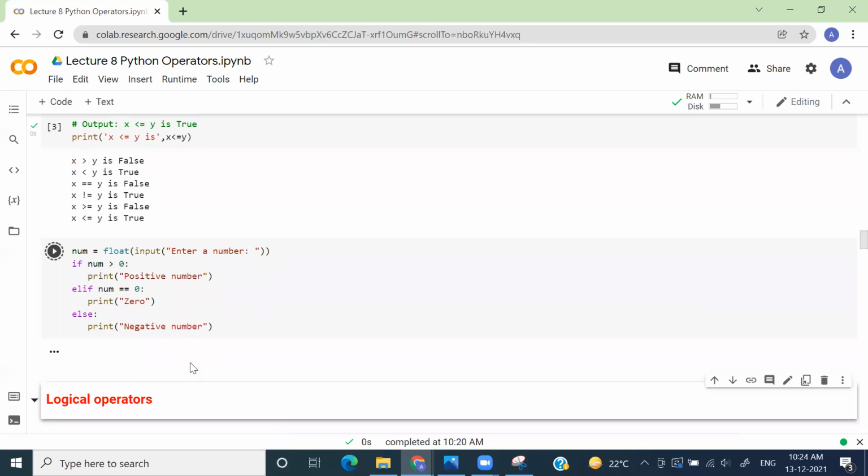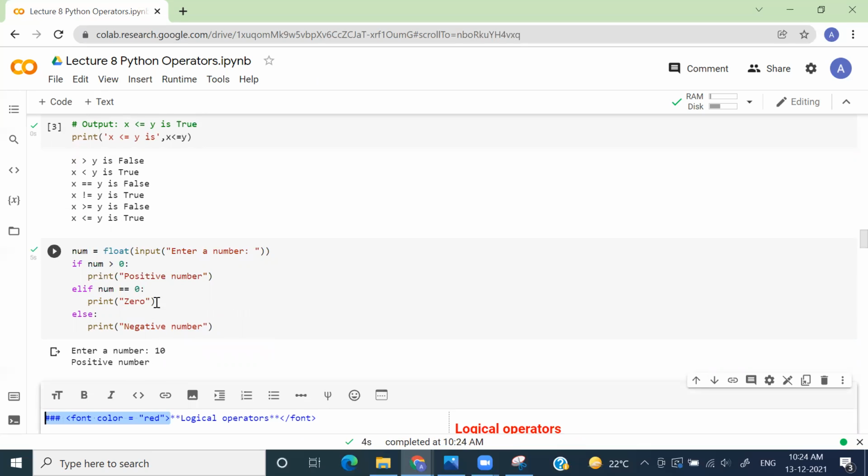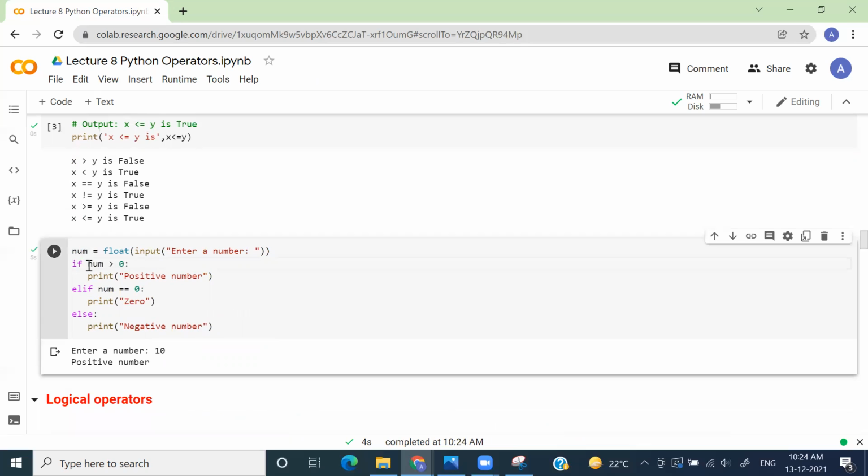For example, if I run this program and the user gives input as 10, right? So it takes 10 as the variable num. It is checking whether this 10 is greater than 0 or not. Yes, it is greater than 0. The output of this expression is what? True. So immediately it prints this particular line, and it will not bother to go to this part also, because it has got its first true in this line itself. It will execute the if block, and it will not go to the other part of the code.